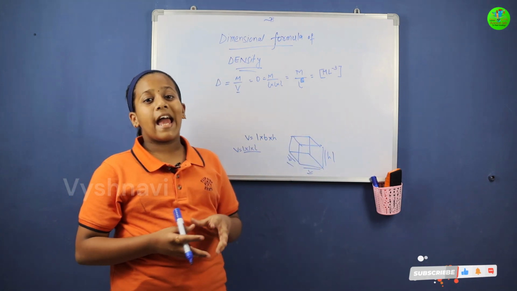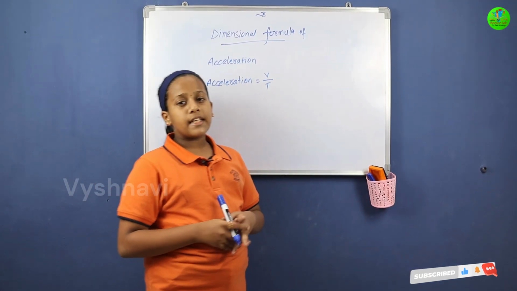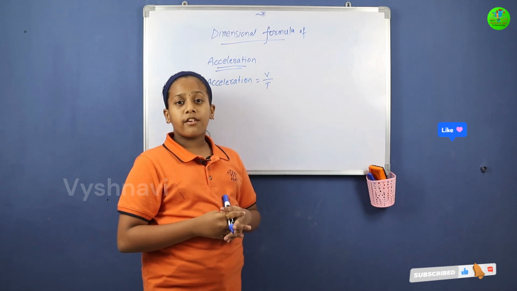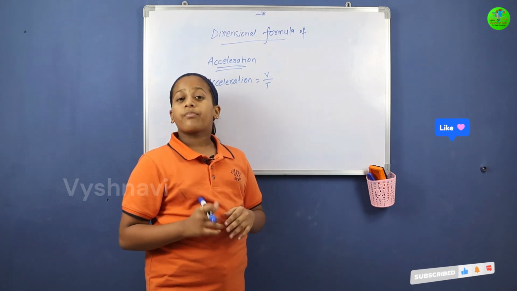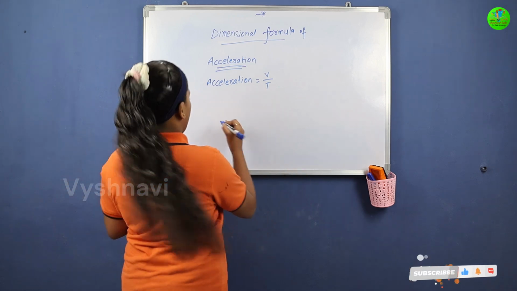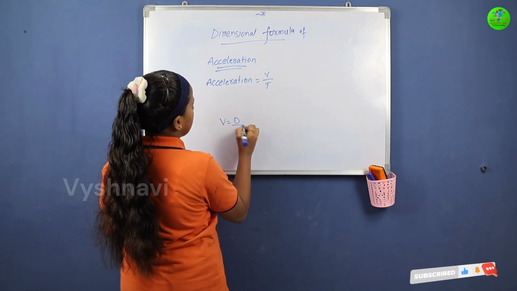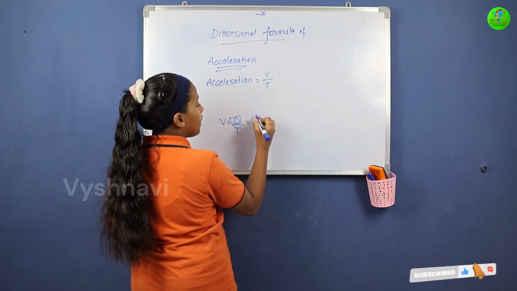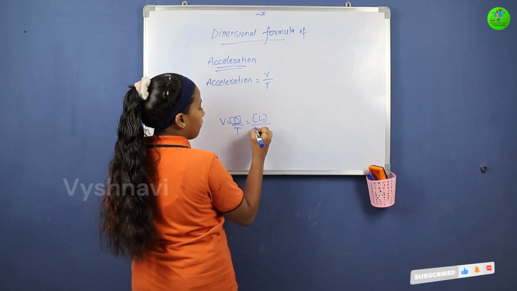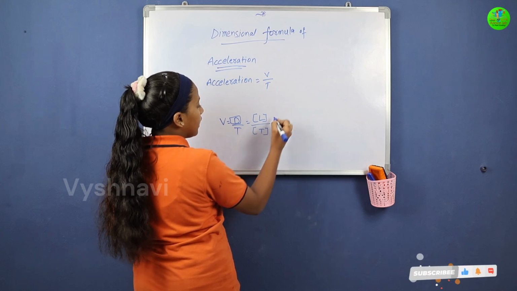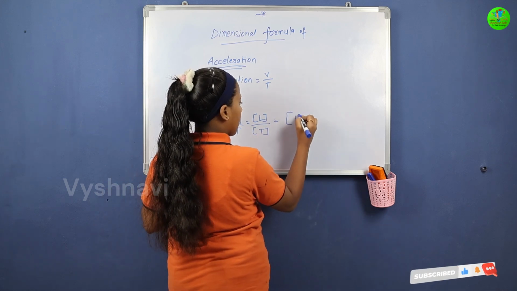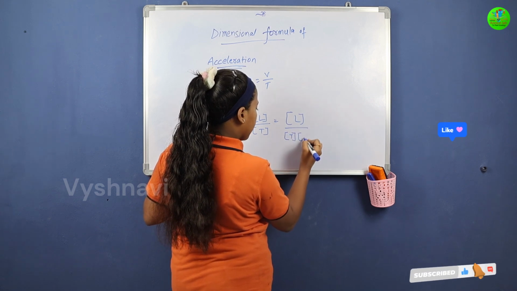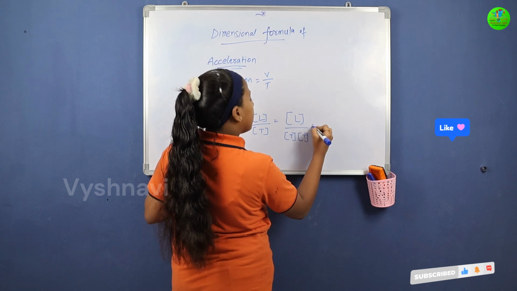And our third one is the dimensional formula of acceleration. What is the formula of acceleration? Velocity by time. What is the formula of velocity? Velocity is equal to distance by time. So distance is equal to L by T, means length by time, is equal to L by T and T is equal to